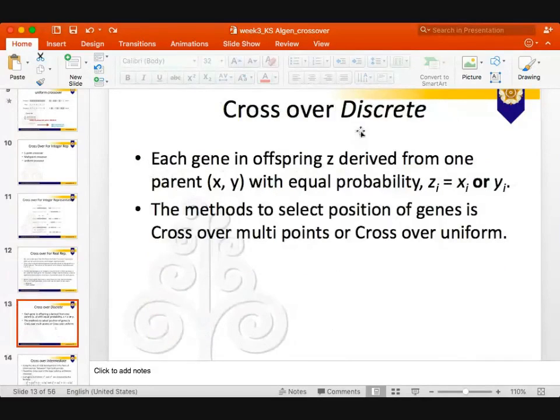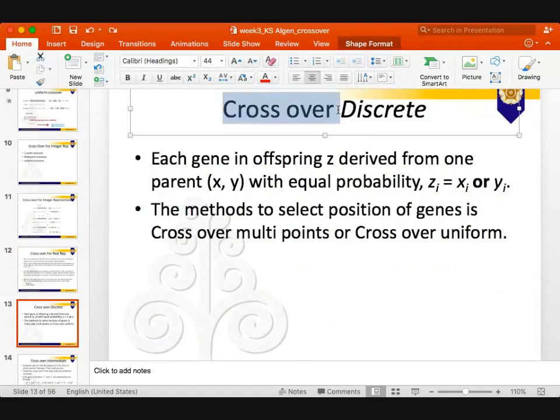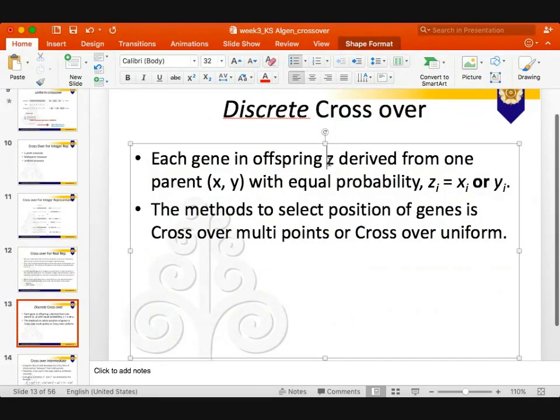For discrete crossover, each gene in offspring Z is derived from one parent, X or Y, with equal probability,